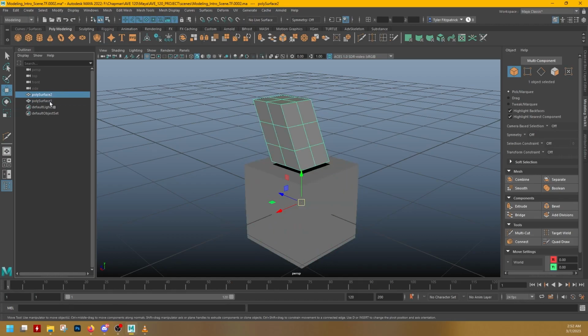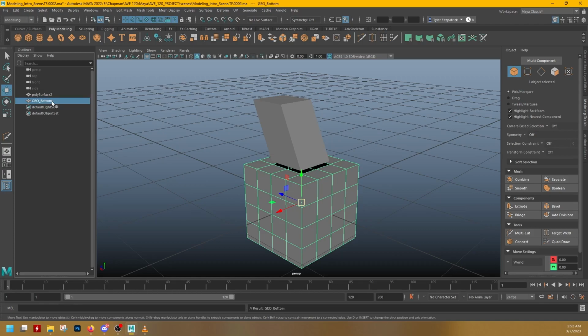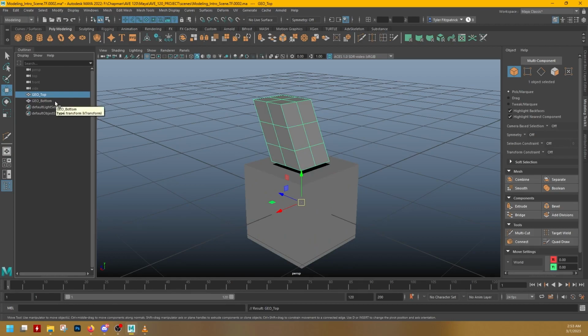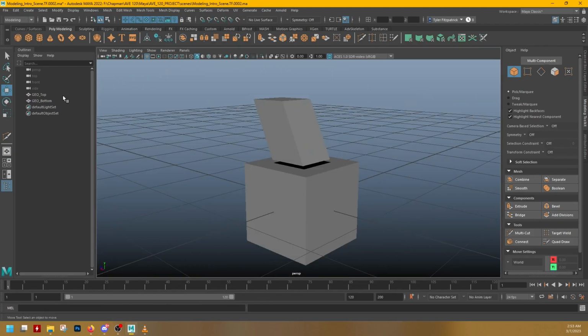Then it's a little bit confusing calling these polysurface 1 and 2. So I can double click to give it a new name. You may want to adopt a naming convention like geo underscore whatever your name is. Geo top. Just so that your geometry is easily identifiable in your outliner. Because later on you will have other objects in here like lights and cameras that will be distinct from your